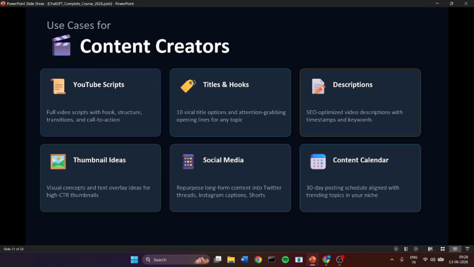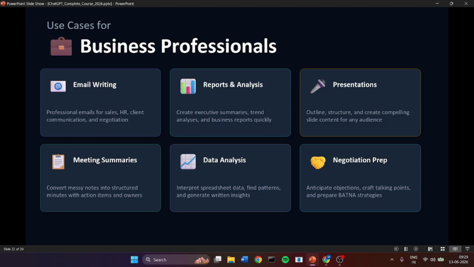Okay. Then use cases for content creators. So content creators can write their YouTube scripts, titles, descriptions, and the very best thing is you can also generate thumbnails from ChatGPT. Then you can also write content for social media. It's also useful for content calendars, like a 30 day posting schedule aligned with your topics and all this. Okay. Then it's really useful for business professionals to write their emails, report analysis, meeting summaries, data analysis, and